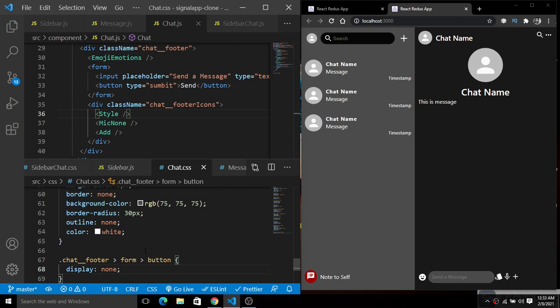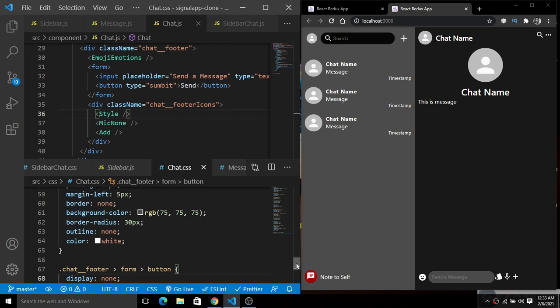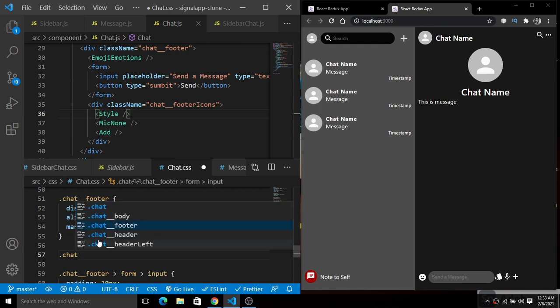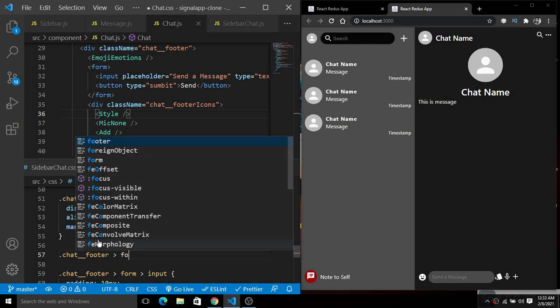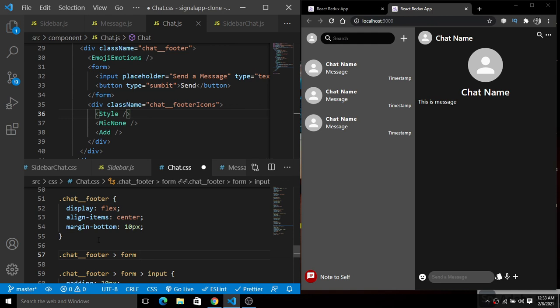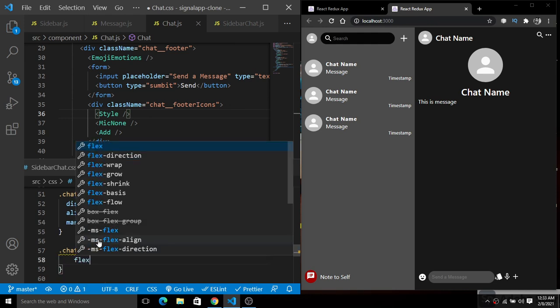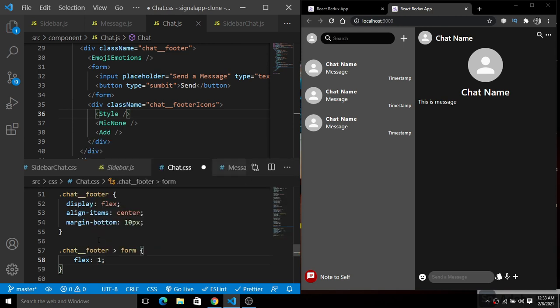Got it? Next we will target the form element. So we have this chat footer, and inside of this we have this form. Here we will simply give a flex of 1, so it will take as much space as possible. Okay, and now it will push everything to the right of the screen.